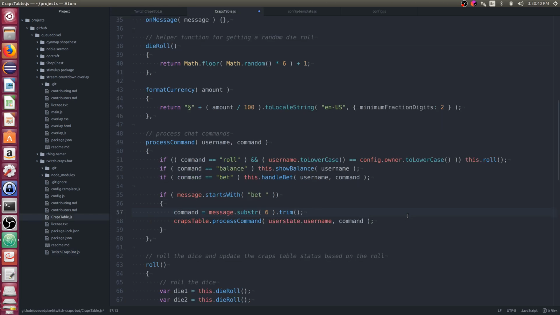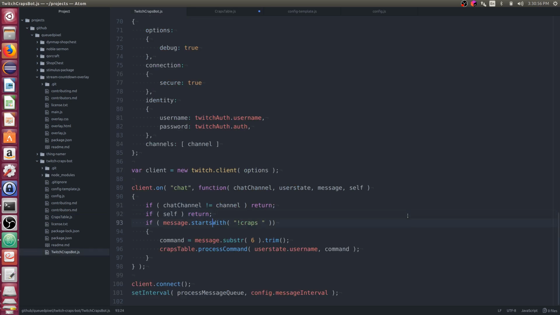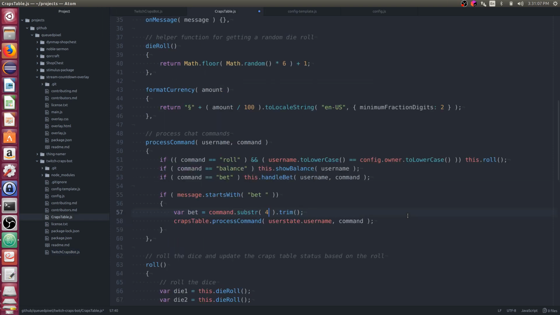In this case, let's go ahead and fix this. We'll say var bet is equal to command.substring. Instead of 6 characters, we want to do 4 characters and then trim it. Is that what we did here? We had 1, 2, 3, 4, 5, 6. 2, 3, 4. So we want to do 3 characters.